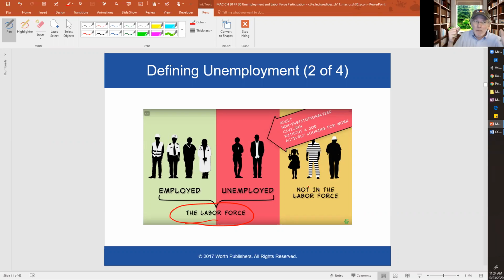Sometimes the answer may be very, very simple. Maybe you're given 5 pieces of information, and the whole question may really be about whether you can read all of this information and then recognize the one thing that is relevant. That's why it's so important to understand the definitions that we're using for unemployment, and for the labor force especially.